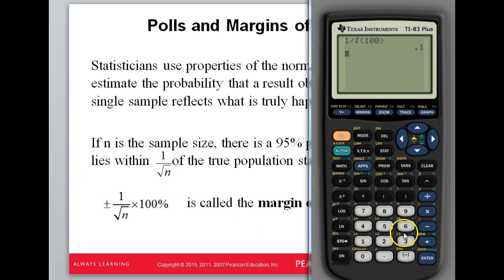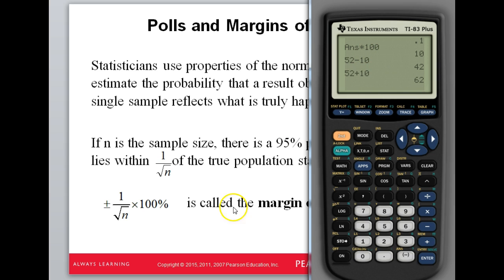If I multiply that by 100%, that's 10. I said it was 52% of people in the poll. If I subtract that 10 and add that 10, I'm saying somewhere between 42% and 62%